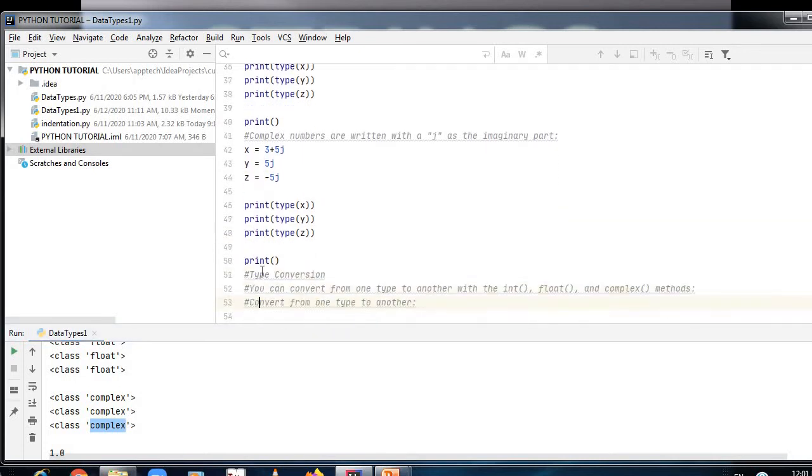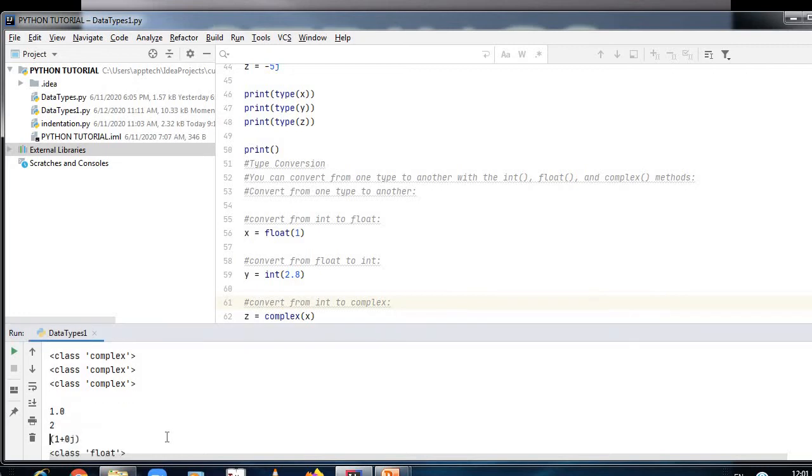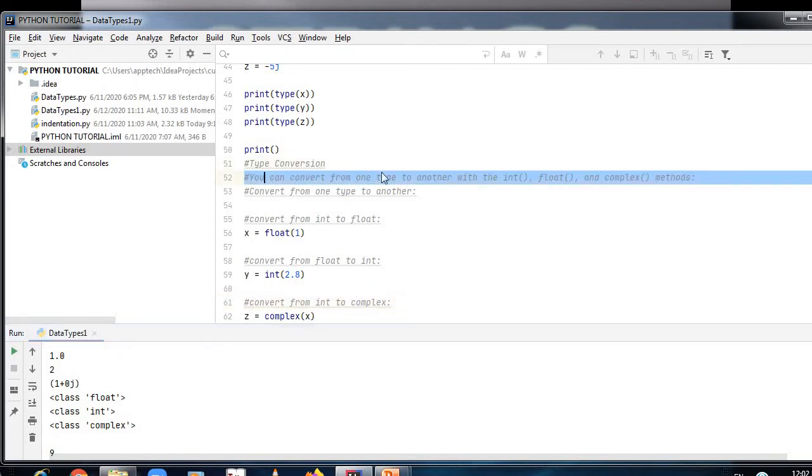Now another thing we will do here: type conversion. You can convert from one type to another with the int, float and complex methods. Convert from int to float: this number is an integer, and from integer we are converting into float.